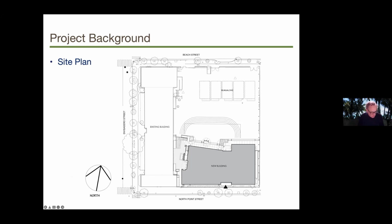So they reached an agreement with the school district that the roof would not even have HVAC equipment on it. And even though it's legal in California to put solar PV panels on the roof, they made an agreement that they would not put the PV panels on the roof near the street. So with that agreement in place,